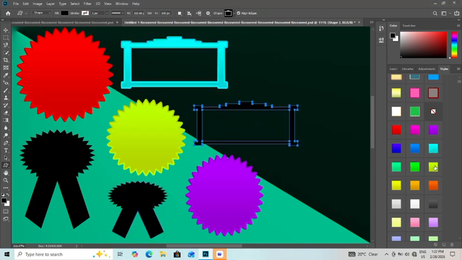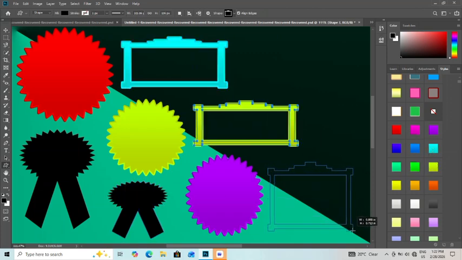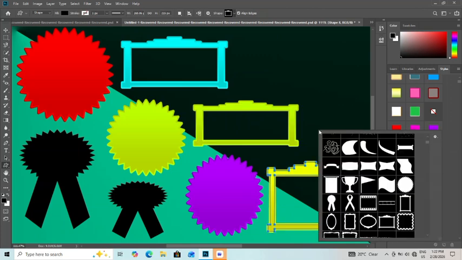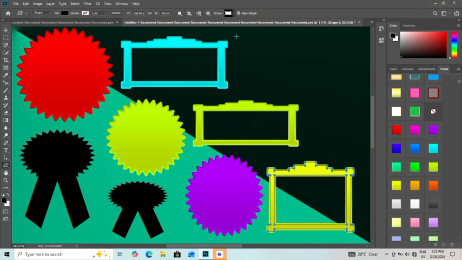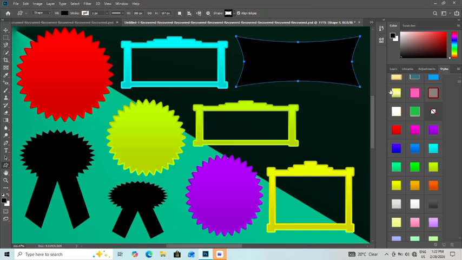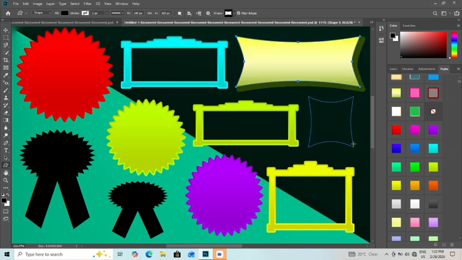Press Ctrl-L to open Levels and drag the white slider left until only small, bright particles remain. Change the blend mode to Screen so the black disappears and only the speckles show. Reduce